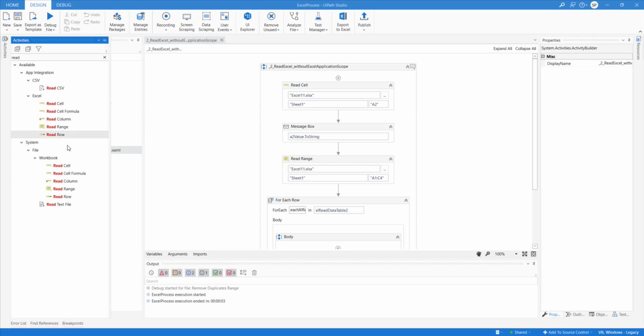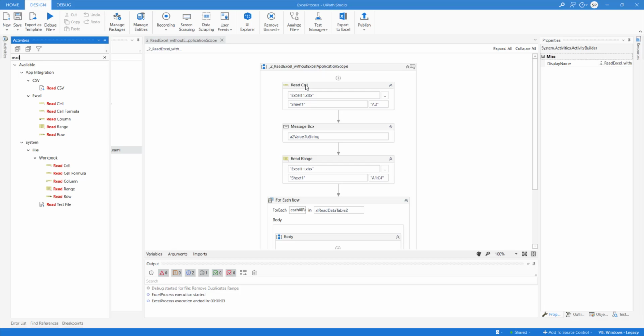Read cell is here also, read cell is here also, right? This is inside the UiPath Excel activities, and this is inside UiPath Excel activities, but they are grouped into System and Workbook, right? Similarly, this read range. You need to use the one which is inside the workbook, not the one which is inside the Excel application.